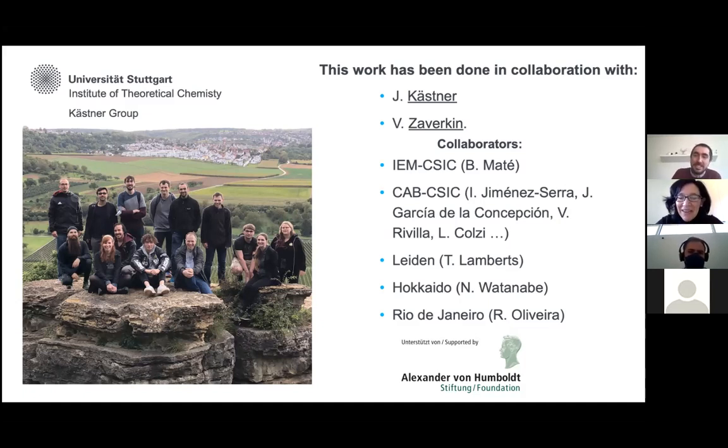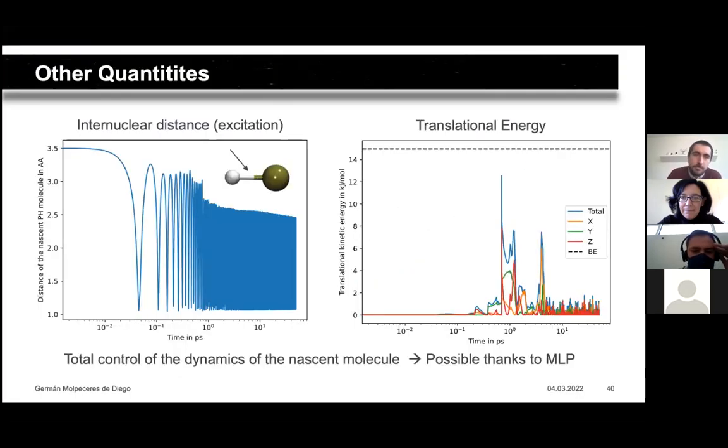Thanks to you. Juan Garcia. Hi, Germán. Congratulations. Great work. Very beautiful work. It's just a curiosity. About the trajectories that you have simulated, what are the initial conditions? Because if we are simulating an ice, the internal energy of the ice should be very low, and I saw that there is a lot of kilojoules of energy in that graph that you've shown. So if you are simulating a reaction at 10 Kelvin, what are your initial conditions?